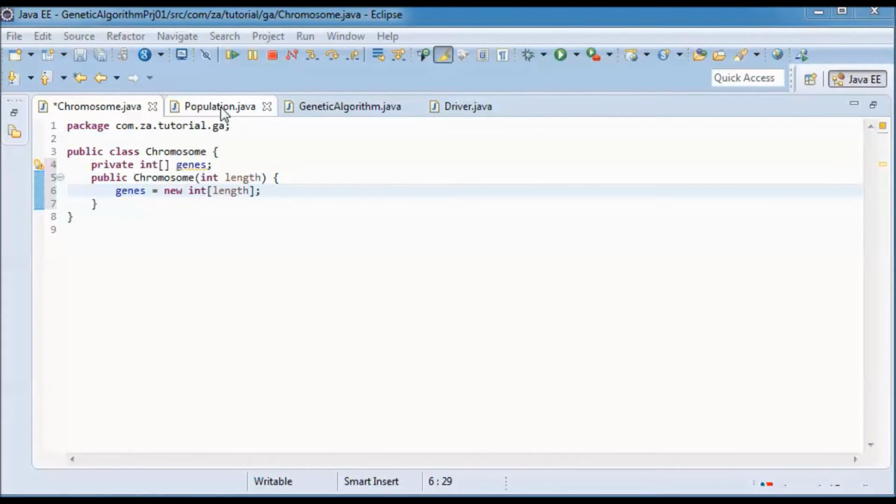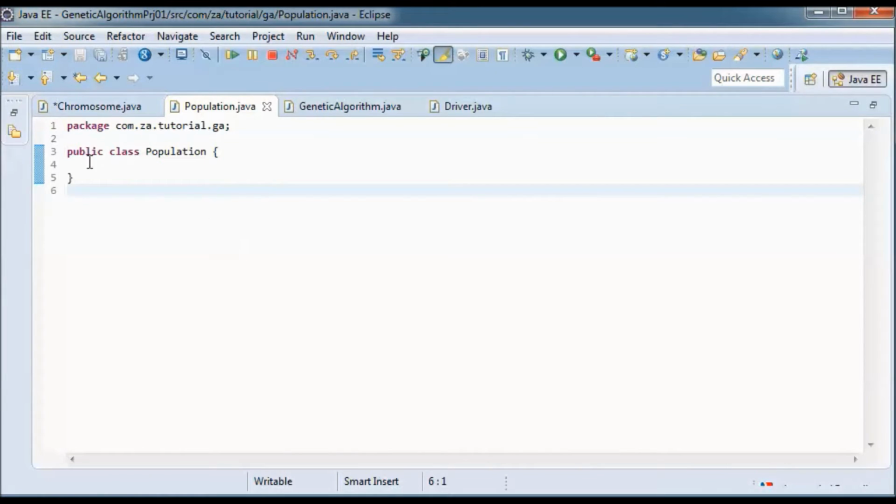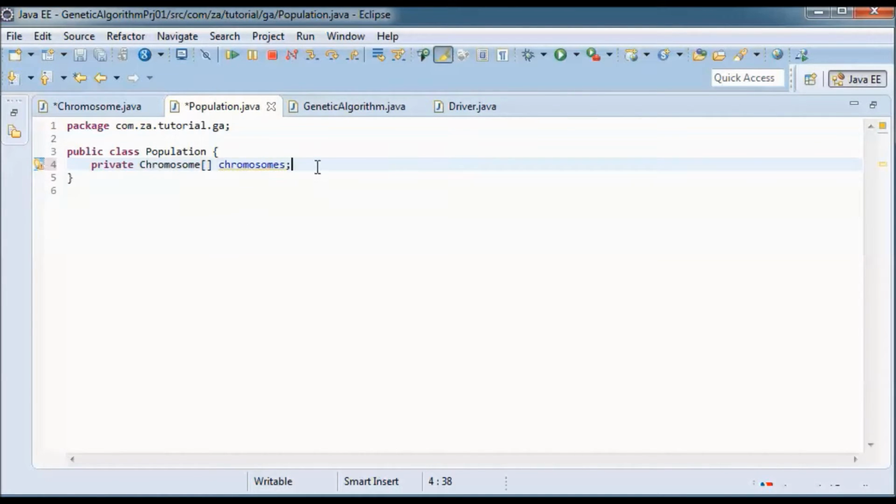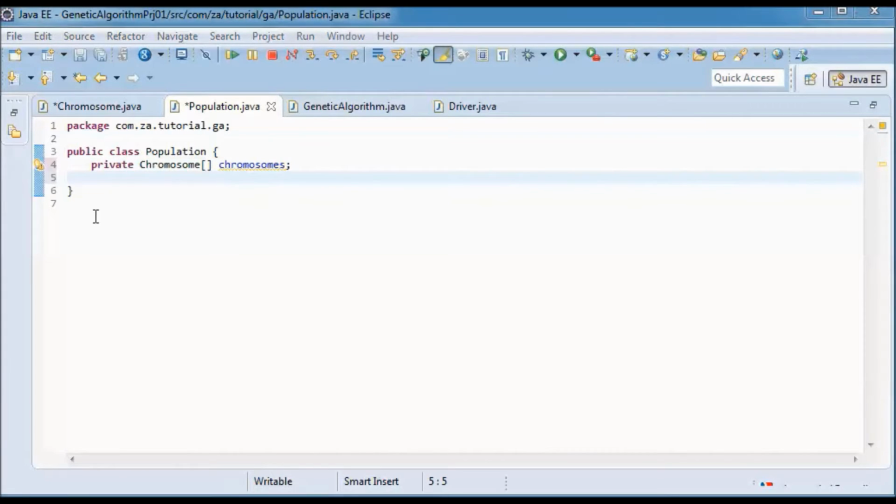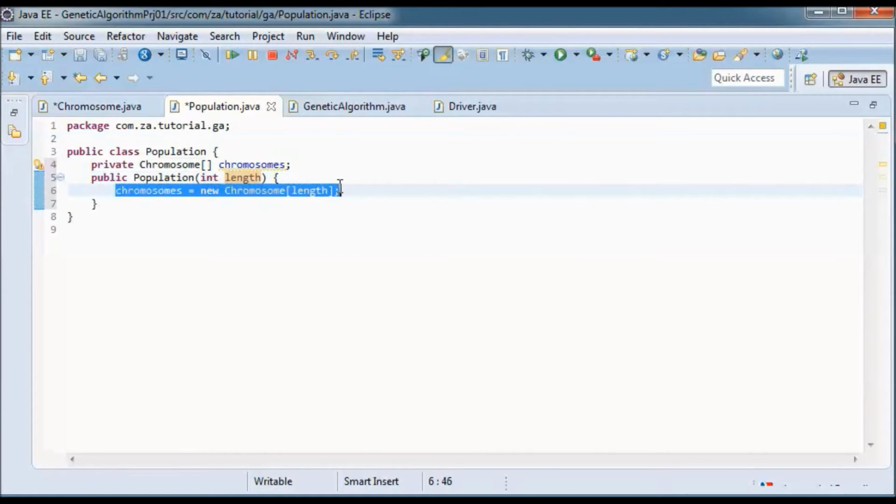And for the population, we'll have an array of chromosomes and a constructor that takes in a length and instantiates that array given the length.